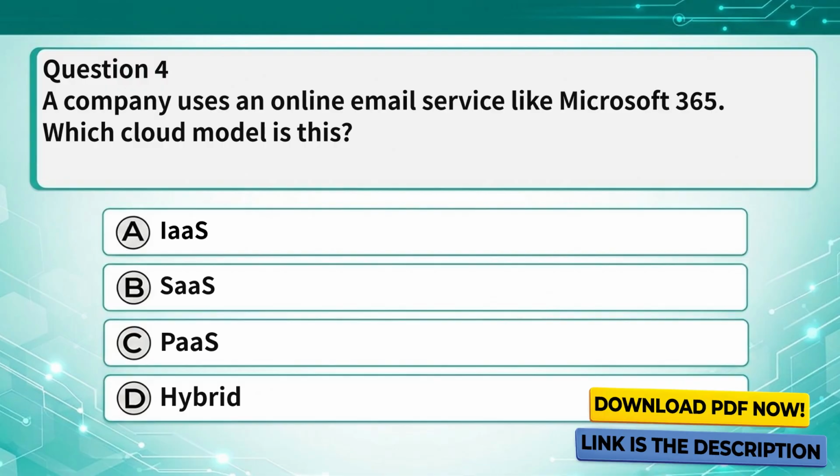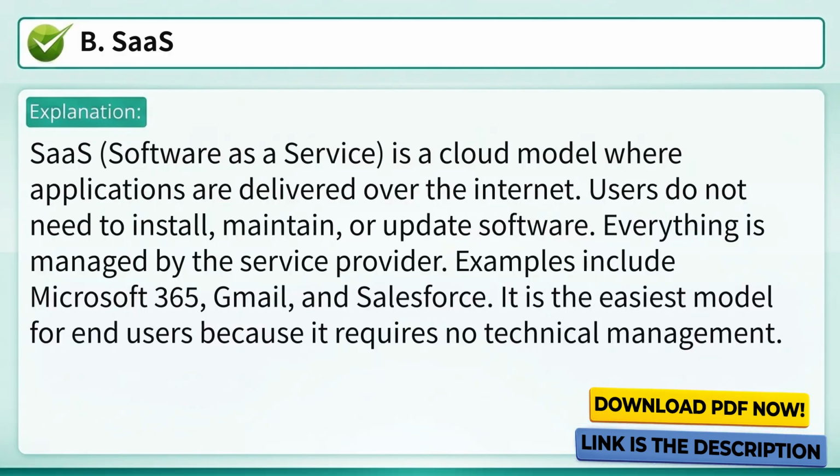Question 4. A company uses an online email service like Microsoft 365. Which cloud model is this? A. IaaS, B. SaaS, C. PaaS, D. Hybrid. Answer: